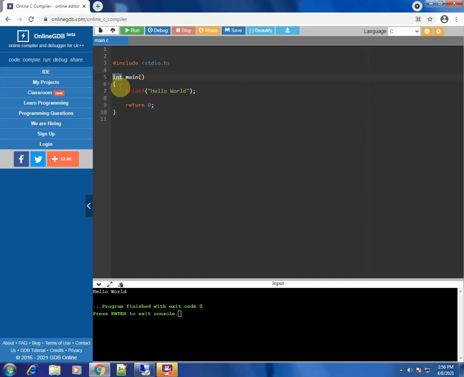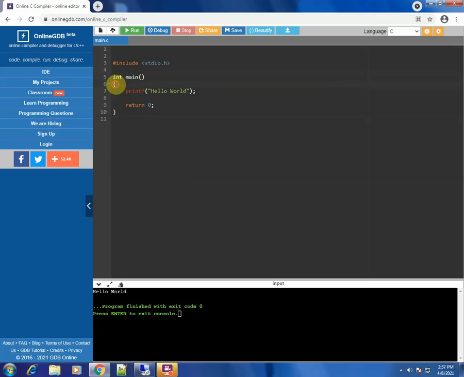If the data is of the type integer, we have to use int as the data type. If it is of some other type, say character, we have to write char, so char stands for character. In this case, the main's data type is int, which means integer.